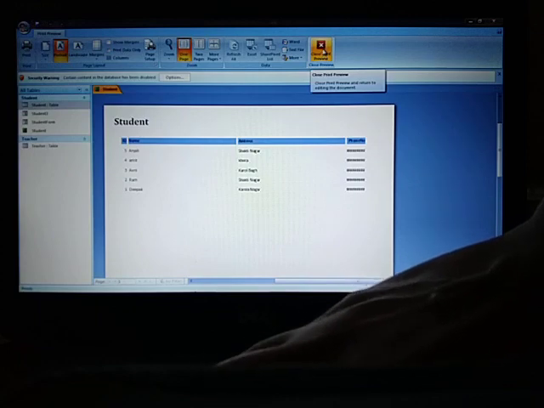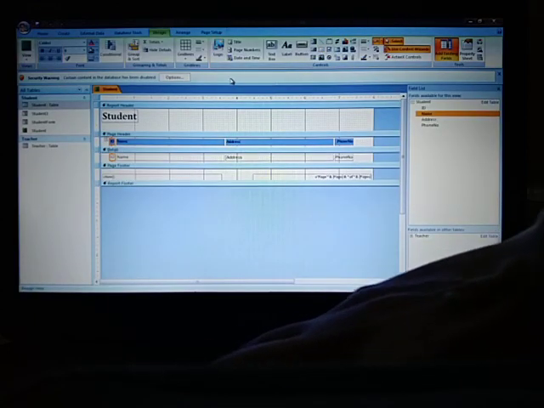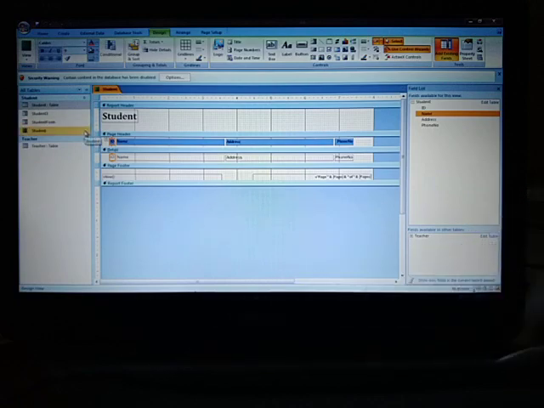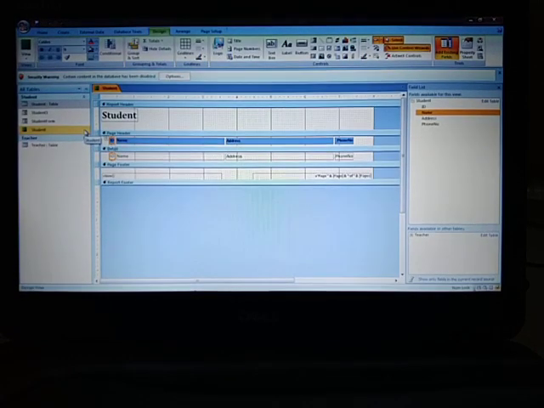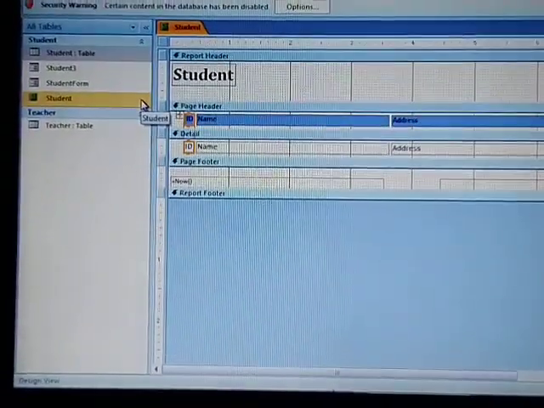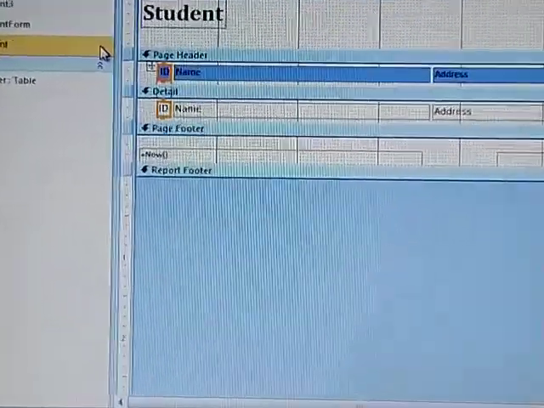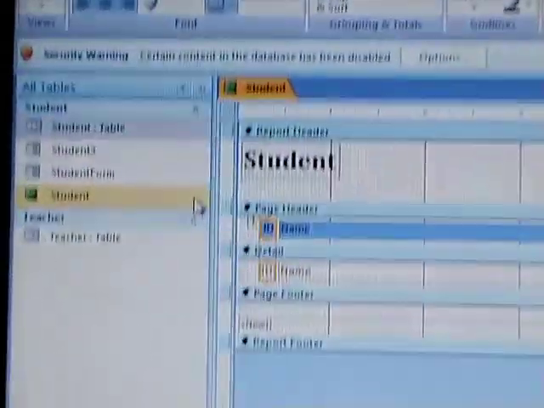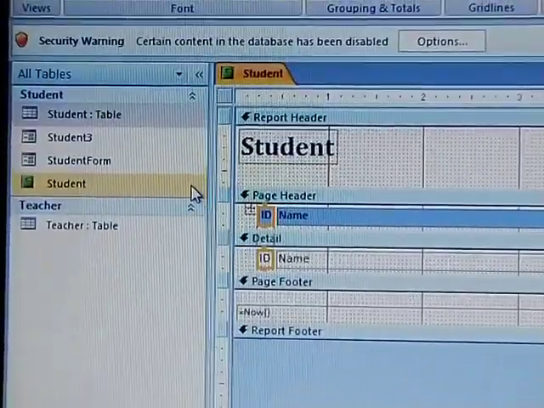Right now I am closing this print preview. Now, where can I see this particular report? Similarly, in the navigation pane you can click on your report. See, students, the icon of each and every object is different. Let me zoom in and show you. The table icon you can see over here, showing simply the table format.